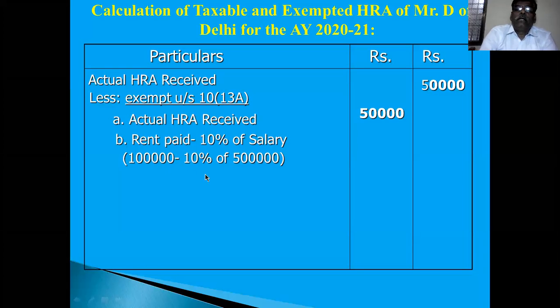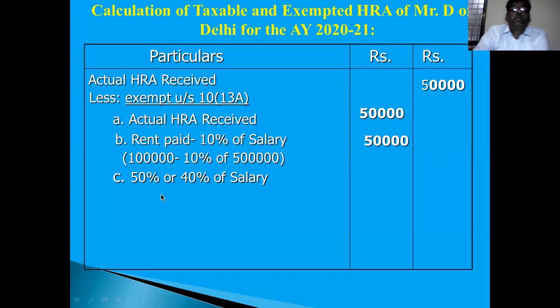Rent paid is 1 lakh. Salary is 5 lakh. Then 10% of 5 lakh is 50,000. Okay. 1 lakh minus 50,000 is again 50,000. This is 50,000. Then the third point,